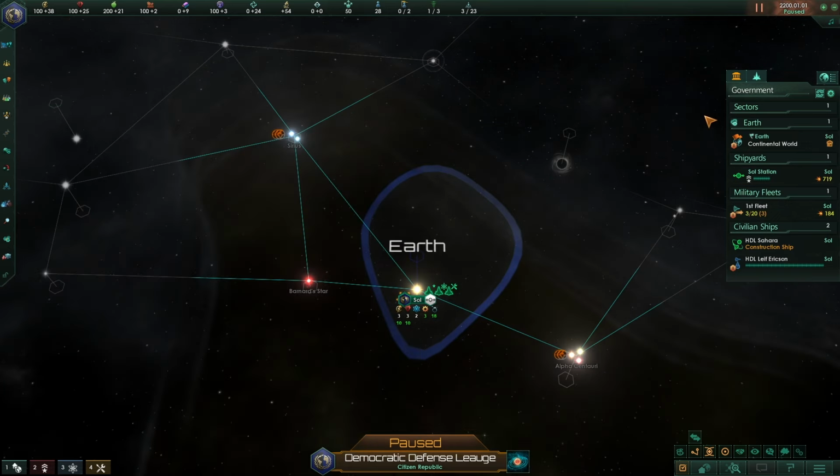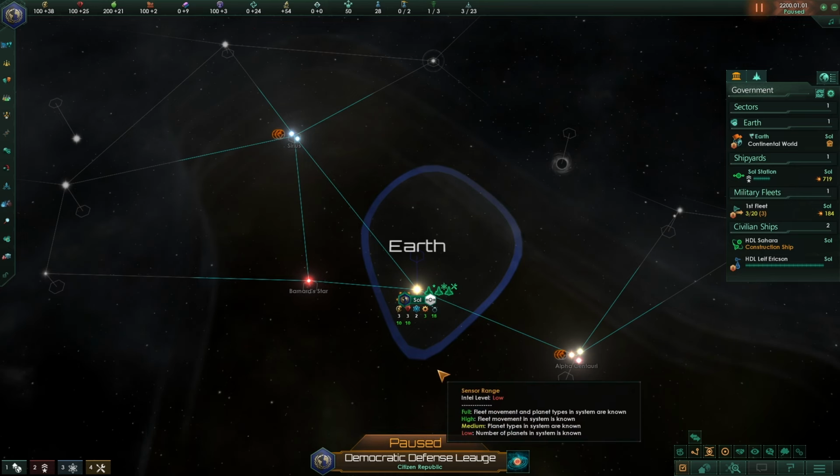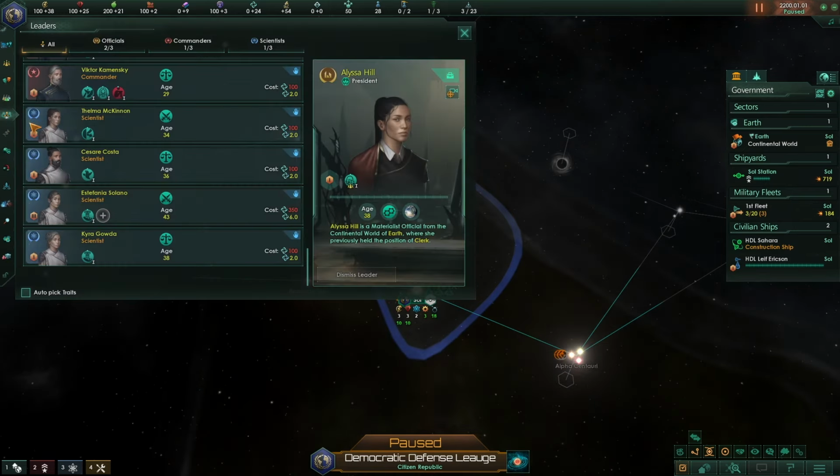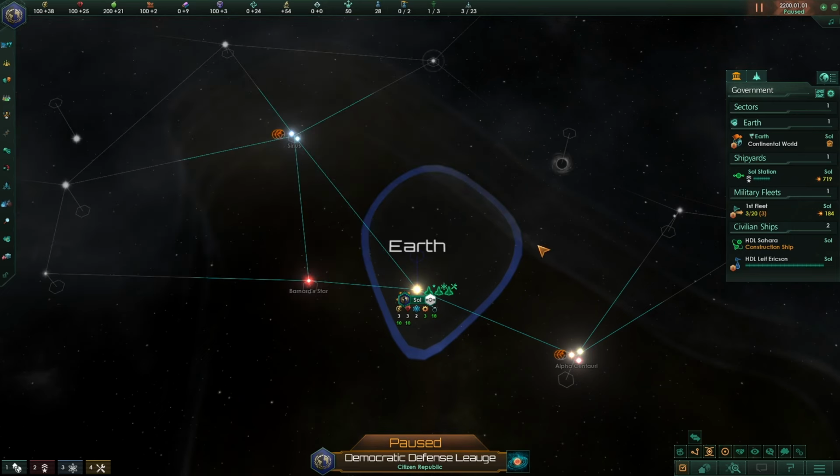a science ship. Once you do eventually press the play button and a few months have passed, you will have enough Unity, which is this resource here, to hire a new scientist that will man the science ship that you're currently building. To do that, you will go to the leaders tab over here and hire one of these blue guys. You will then put the scientist in your science ship and explore the galaxy with it like you did